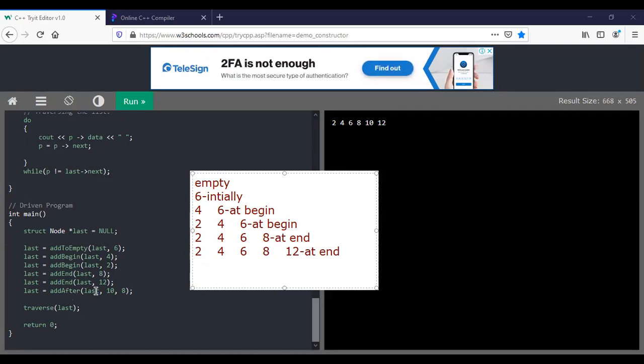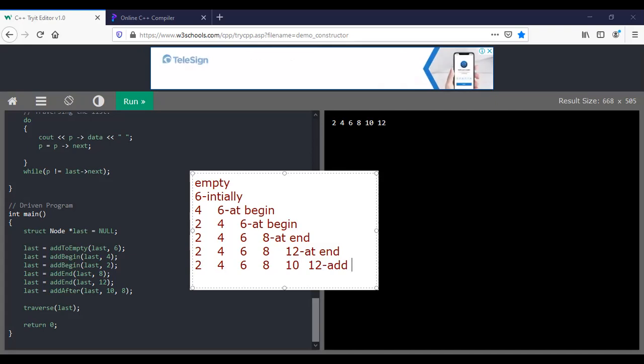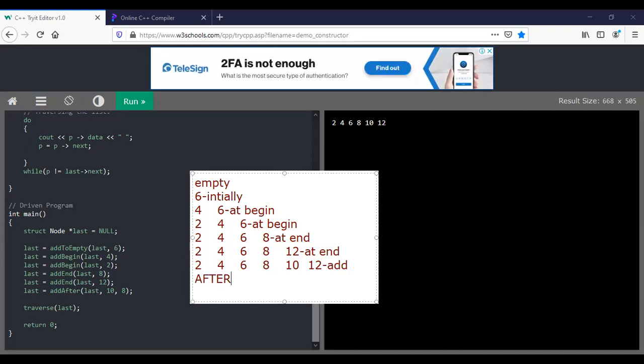Add after means 10, and then next what I am mentioning here is 10 as the element. So 2, then 4, then 6, then 8, then 10, and then 12. So here this is add after. You can make it add before also. Then there is no problem.